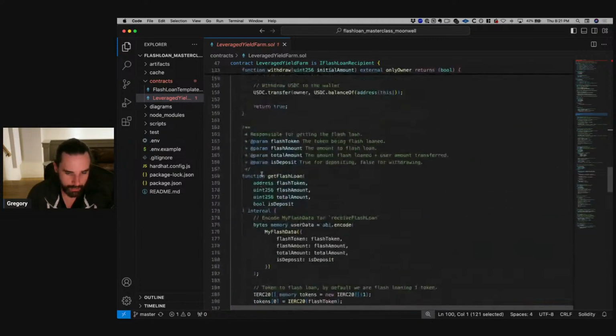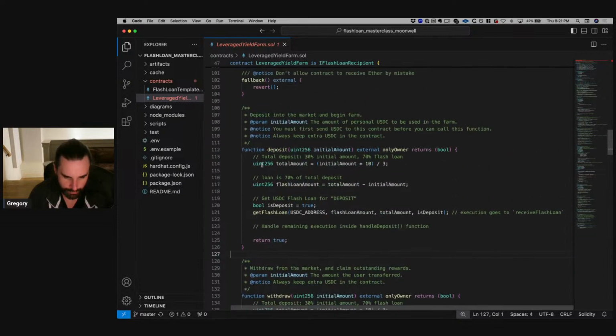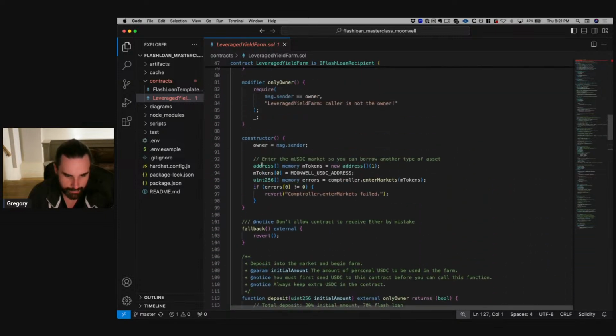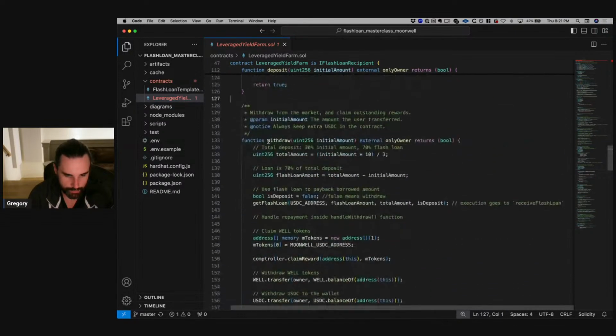Now let's talk about the code from the other direction. We've talked about depositing into Moonwell. What about turning around and borrowing? Okay. Or withdrawing the funds. So we did the exact opposite, right? So here's the code path for that. We talked about deposit. Here's withdraw.